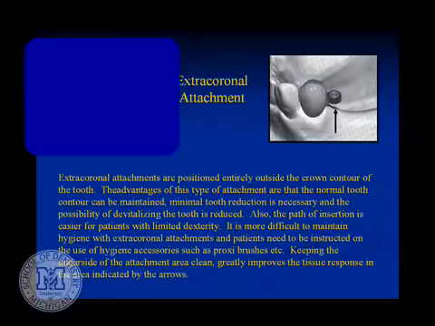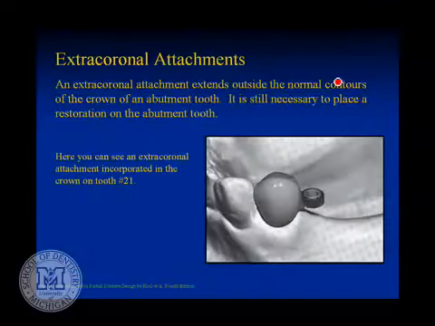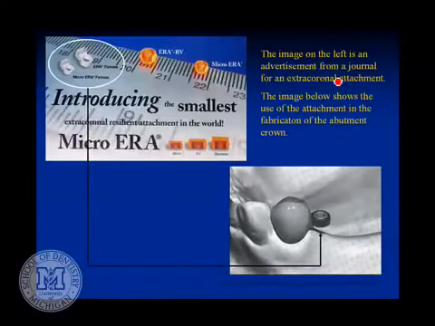Here's an extra coronal attachment. So in this situation, when the crown is all made, there's this little part that's suspended off the distal of the crown with a little ball and socket piece that fits into this extra coronal attachment. So there it is. And then what we do is we have one attachment that is called the ERA attachment, and